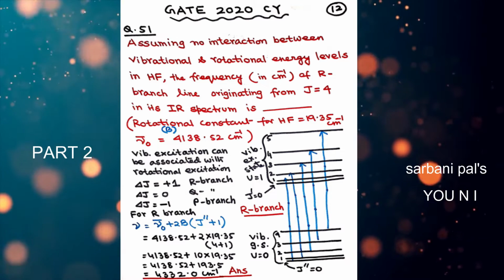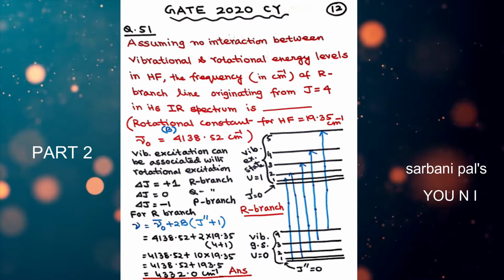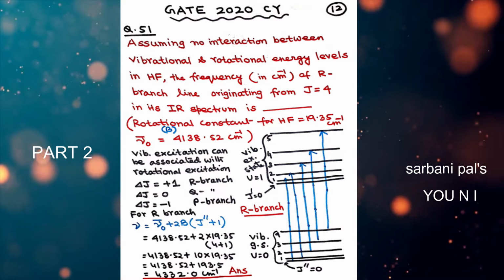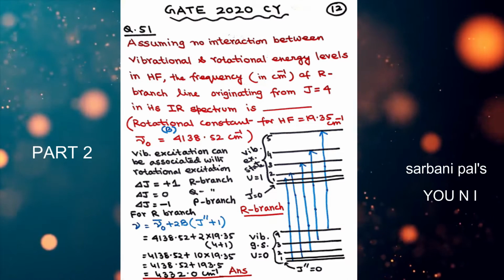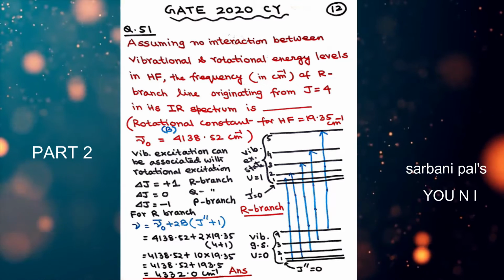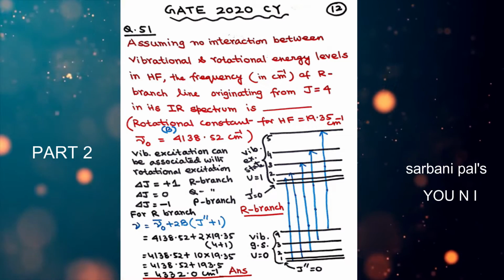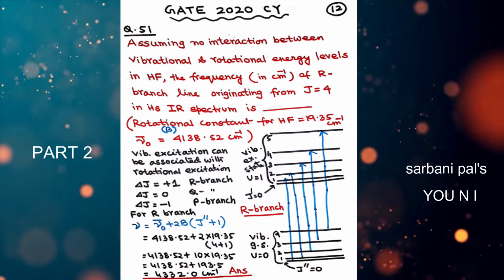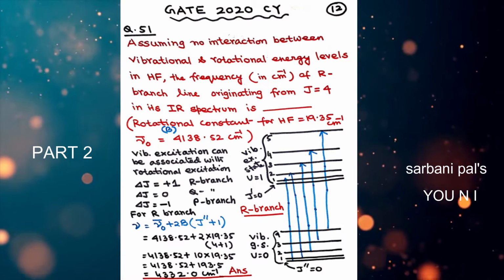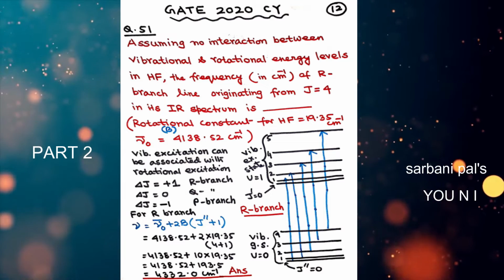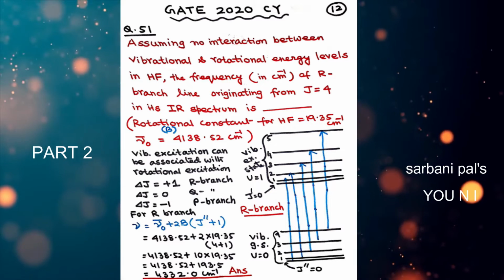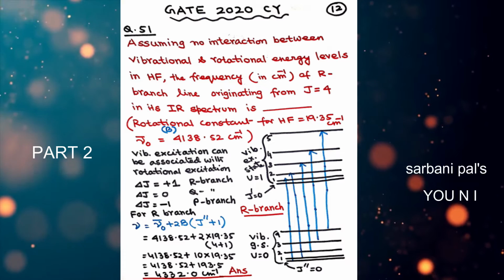Any vibrational excitation is accompanied by rotational excitation also. So, if we consider the vibrational excitation from the ground state having vibrational quantum number V is equal to 0 to the first excited state having vibrational quantum number V is equal to 1,